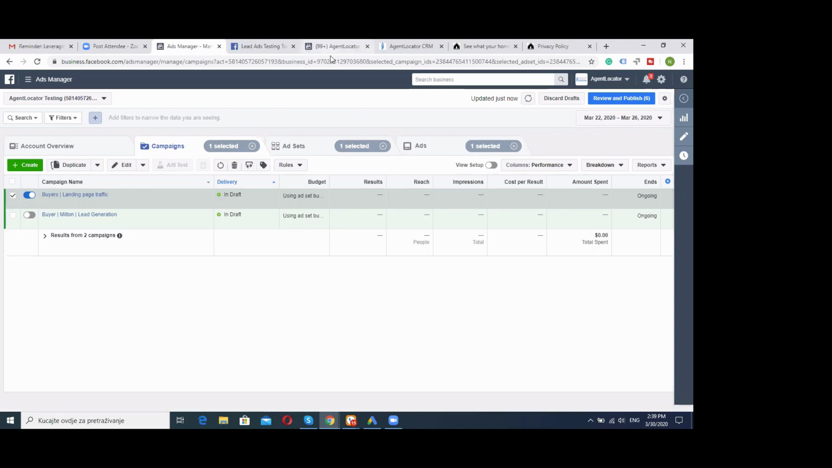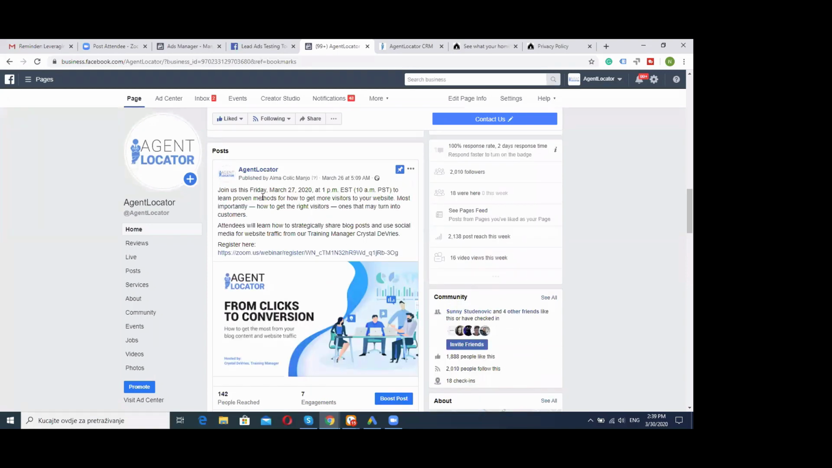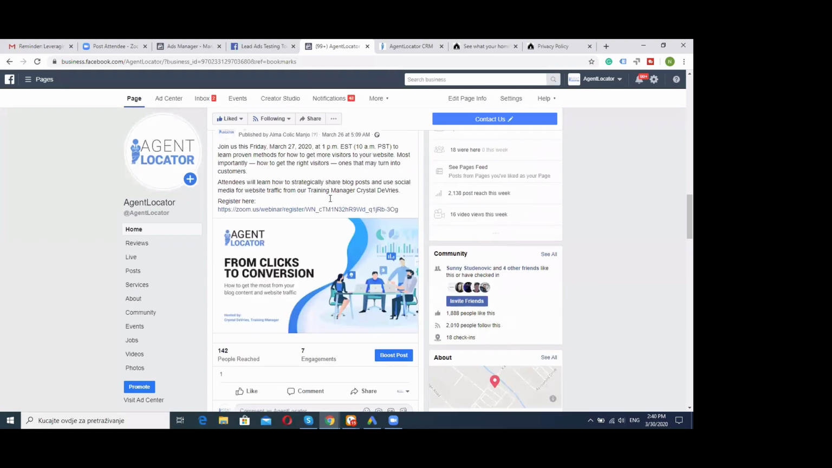And boosting is a really good way of reaching out to people beyond your likes. Right now, this is Agent Locator's page. This is a post about the webinars. It was on March 26th, so that was 4 days ago. So when you create a post, any kind of post on Facebook, you'll have this blue button, boost post, on the bottom right. So if you click on that,